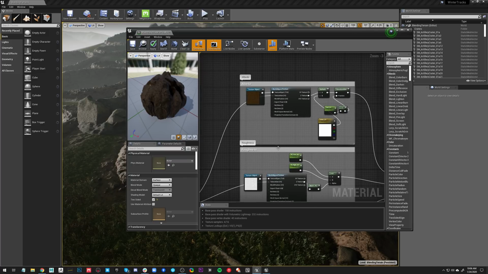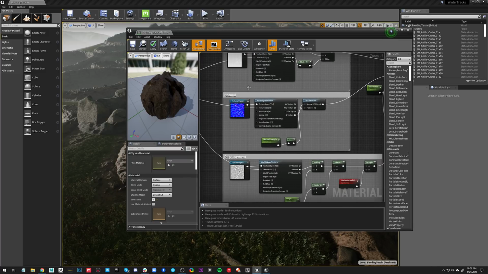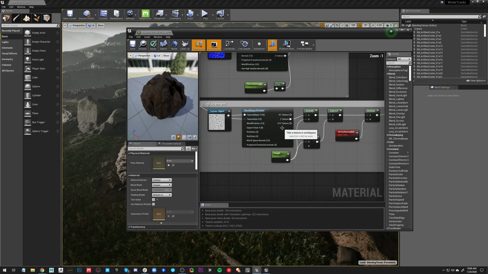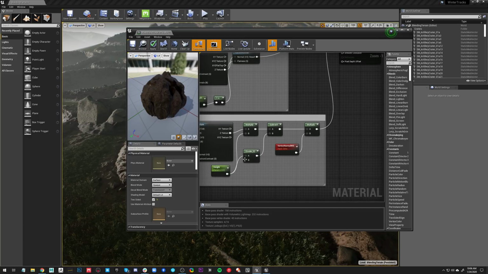And then I do that for each of these textures. So I have the albedo, I have the roughness, I have the normal and displacement. The only thing going on here with displacement is I did a little math to make sure that it is pushing and pulling the vertices instead of just pushing the vertices.